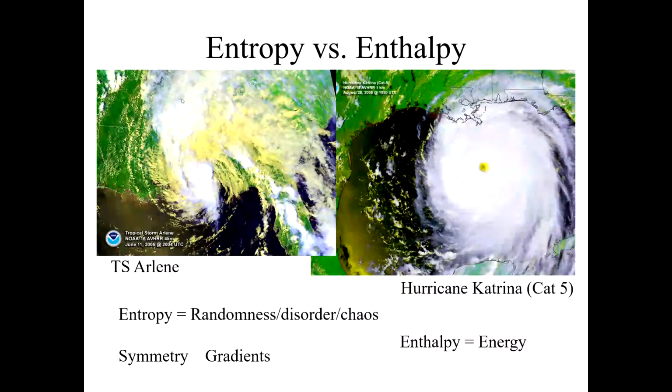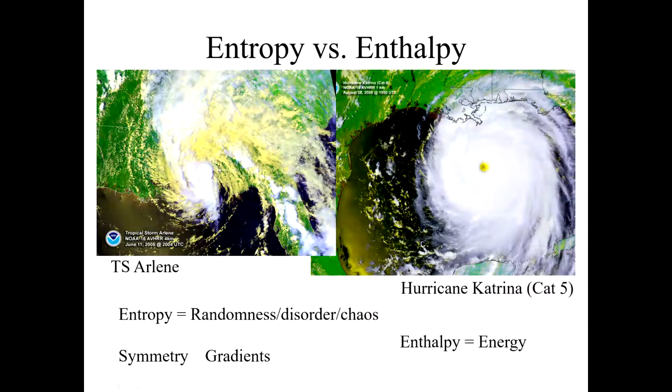Now, very frequently, people in this example will get confused because they're thinking not so much of the storm itself at this moment in time, but they're thinking about what happens after the storm. And certainly it's true that after Hurricane Katrina rages through Mississippi and Louisiana, it leaves behind a path of destruction that consists of a lot of entropy. Homes and buildings smashed and torn apart. Yeah, that's entropy. But that's after Hurricane Katrina moves through. Right now, we're considering just this moment in time when these photographs were taken. So Hurricane Katrina has much more enthalpy, and Tropical Storm Arlene has much more entropy.